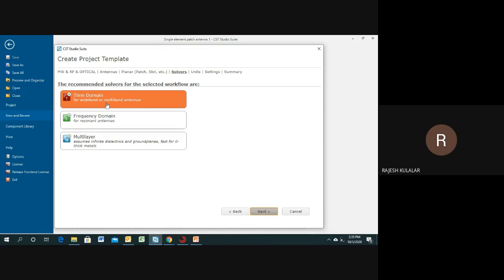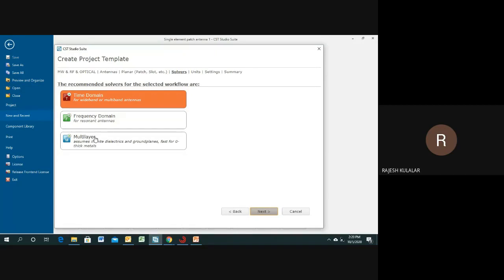So I need to define what's the difference between time domain, frequency domain, and multi-layer. So first, the time domain: what's the principle of time domain? The principle of the time domain is FIT plus TLM in a single chip, finite integration technique used with coding like FDTD. Okay.